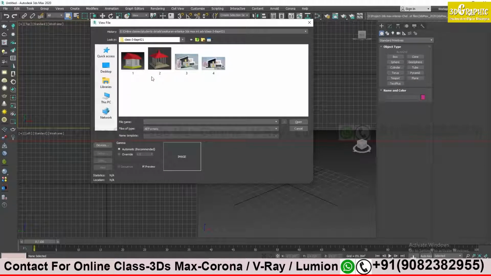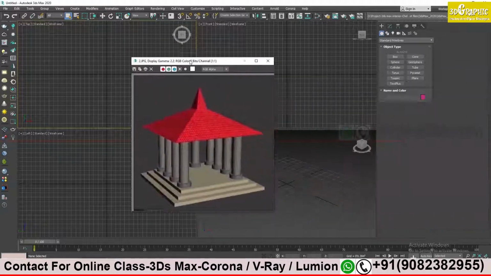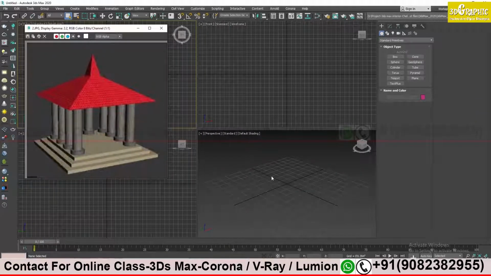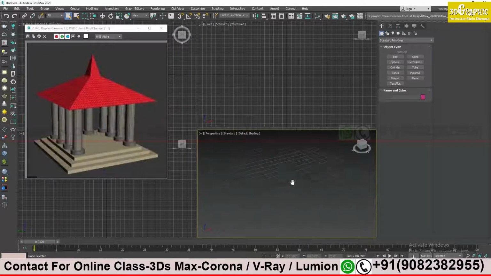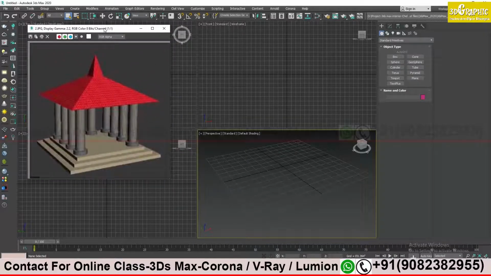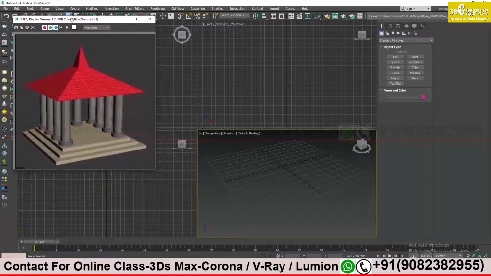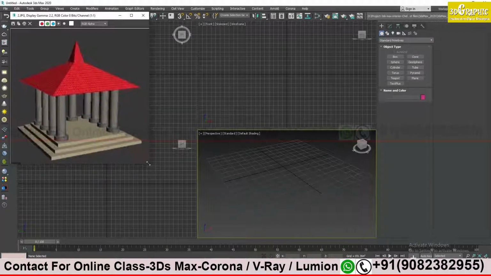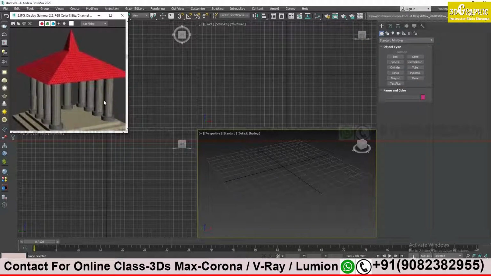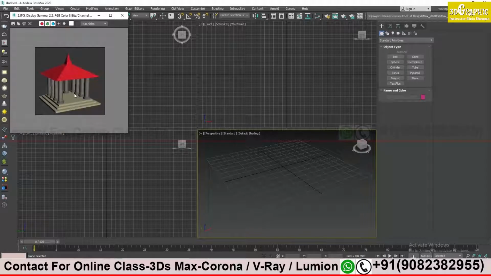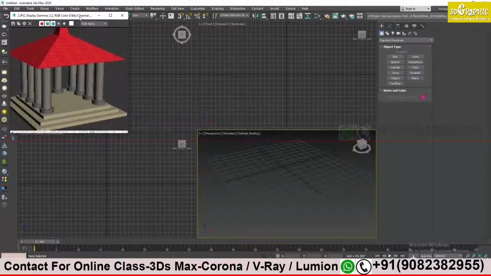and here I will get a browse option from where I can select my reference file. So this is my reference file. I will click open, and here I get my reference file in my 3ds Max. See, I can work on 3ds Max and I still have my reference file for the reference. All I have to do is move the image and scale it a little bit, and I will just zoom out by pressing the mouse scroll and adjust the image as needed.